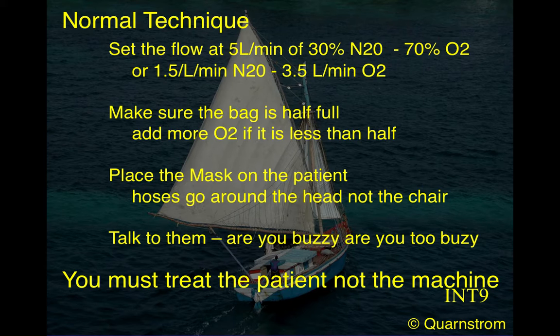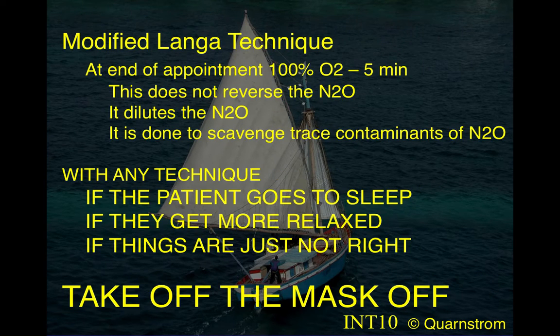Listen to them. Are they buzzy enough? Are they too buzzy? Make the adjustments. So